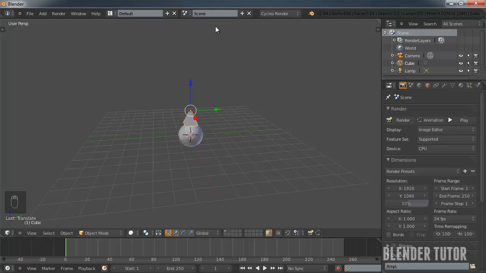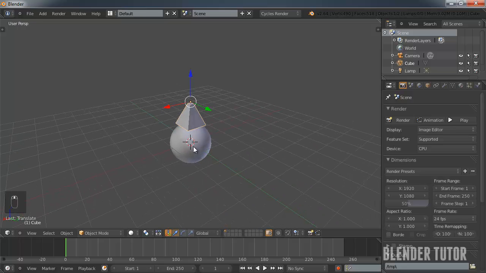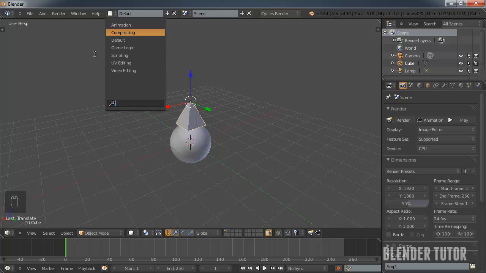I probably didn't even start using different layouts until the first 6 months of using Blender, because I was just trying to learn the basics of the 3D view. So don't feel rushed into getting into everything, but just keep in mind there's a lot of different things here for you, and it's all very useful.